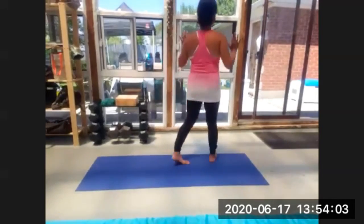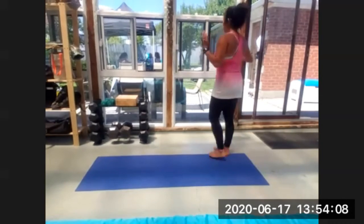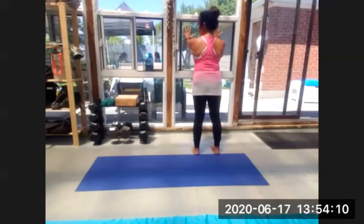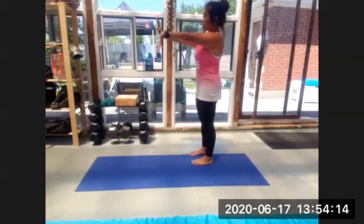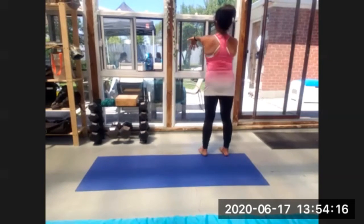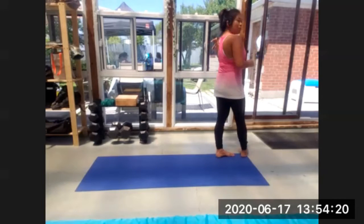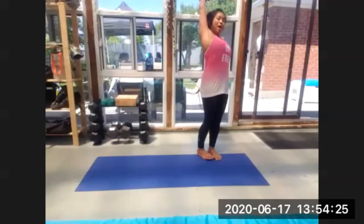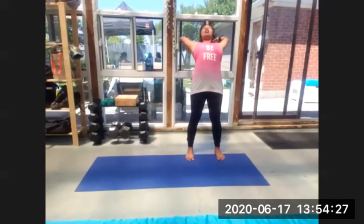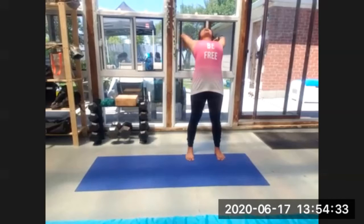The first step is I'm just going to close this window because I don't want to fall through the screen. You're going to take both hands in front of you, and then you're just going to flip one hand. So my left hand is going to flip down. And then from here, I'm going to move over. I'm going to keep my hands flipped, go backwards, and take the other hand so it's flipped as well. And looking up, and this is a standing wheel position, great for shoulder mobility and opening up through the chest